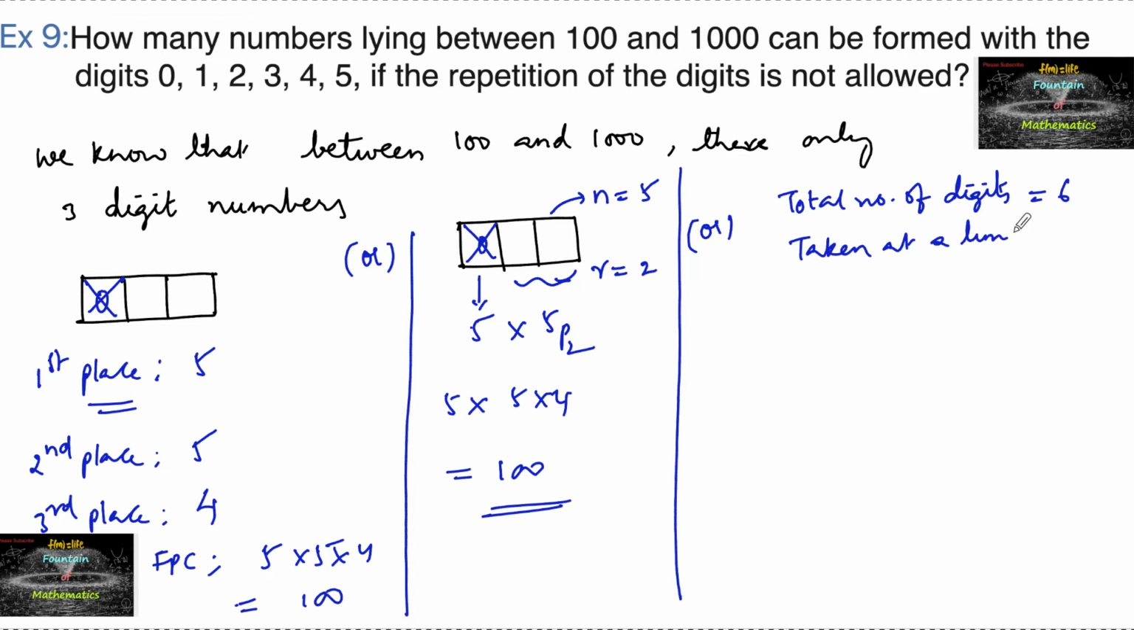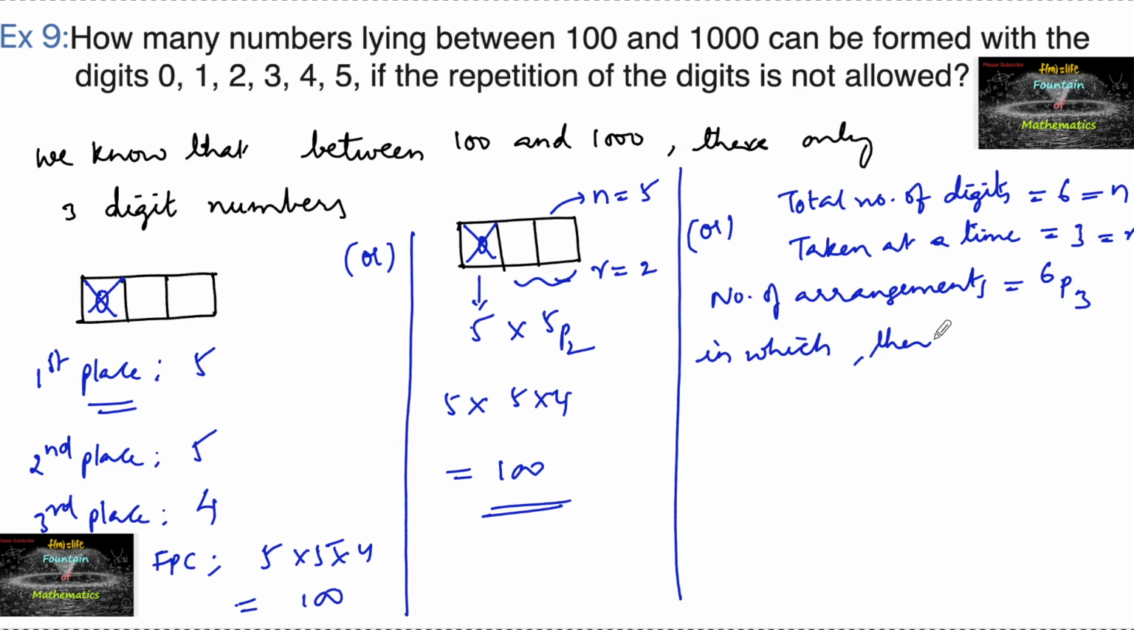Taken at a time is 3. So here it is n and here it is r. So number of arrangements, we will not call 3-digit numbers, number of arrangements of such case, that is out of 6, 3 at a time is 6p3,